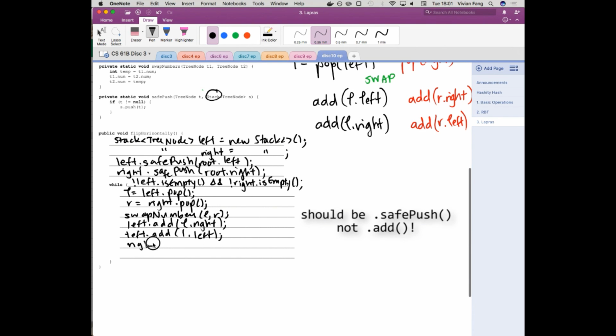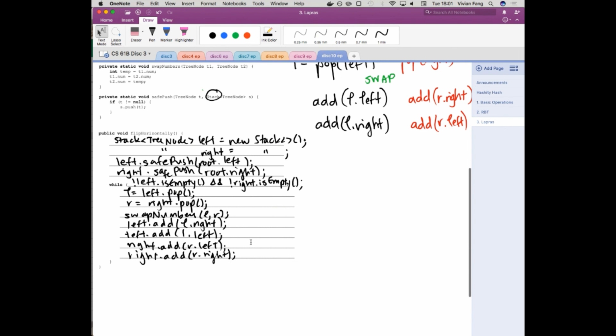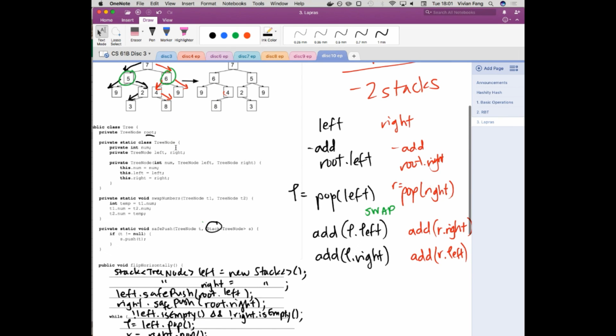So right.push R.left, and then right.push R.right. Now why do we have to do this? Because when you add to a stack, you're enforcing a certain order, right? And we told ourselves here that when we're exploring, we want them to explore in opposite directions in terms of order. So are we comfortable with that idea?